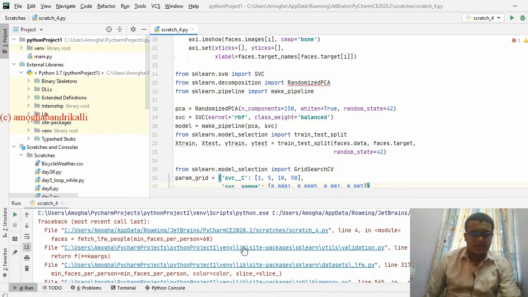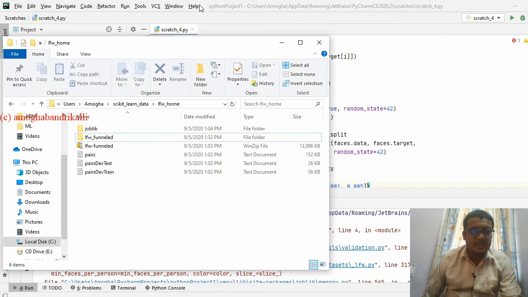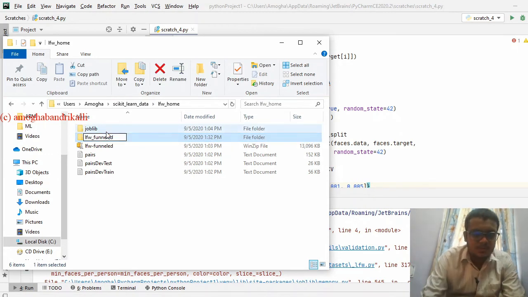This error normally happens if that respective folder is not present. So that will be available in an installed scikit-learn data. So you can rename this to LFW.